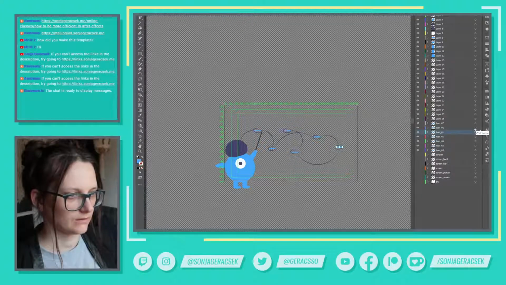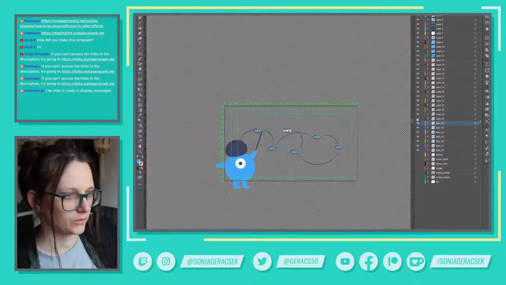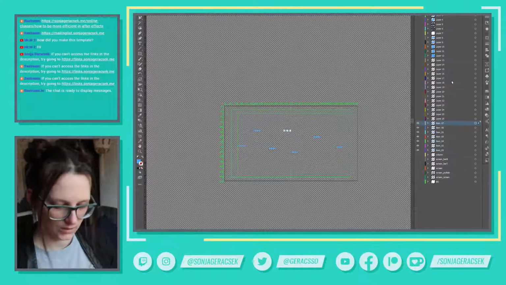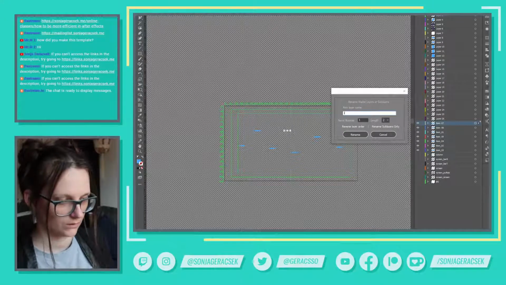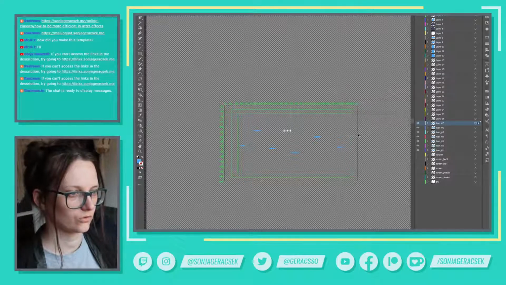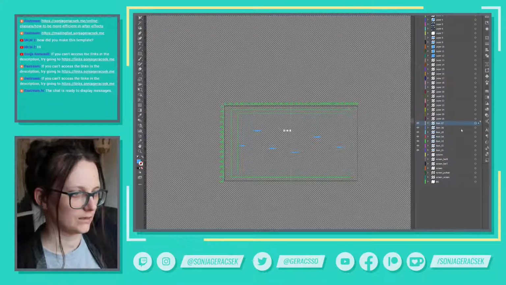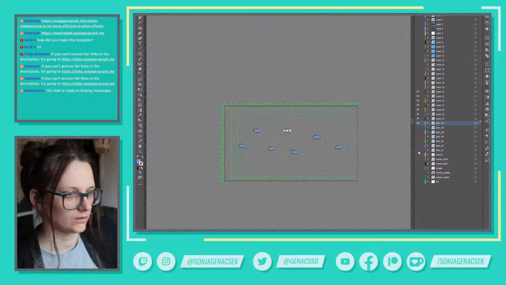Okay, and then it's that one, and then it's that one, and then it's that one. Okay, so I'm going to rename that again, and what the rename layer does, it just overrides the names. So I'm just going to rename that again, and now it's in order, and I'm going to do the